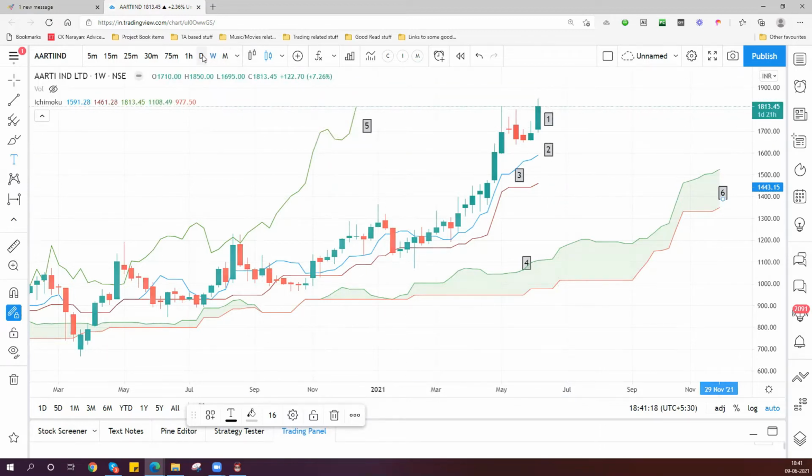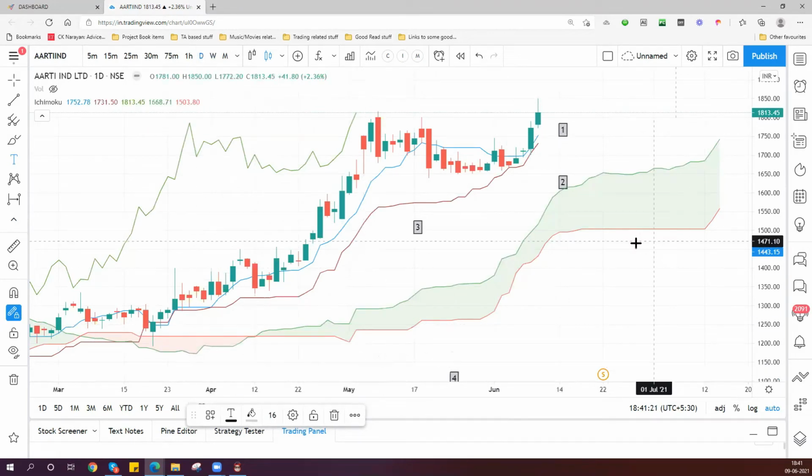Now, similarly, Aarti is bullish also on the daily time frame. So here is 1, price above. Here is 2, price above TS and KS, right? So these are all slightly displaced, but don't mind them. Then the third one is TS and KS above the cloud, right? Then you got CS above, future cloud is above, everything is in place, right? So you see that in daily also everything is fine. Now it was also bullish in the 60-minute, right?